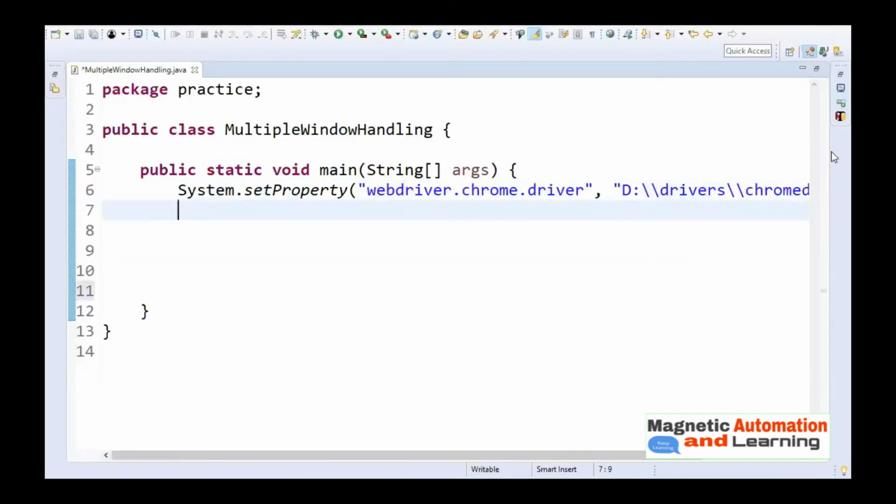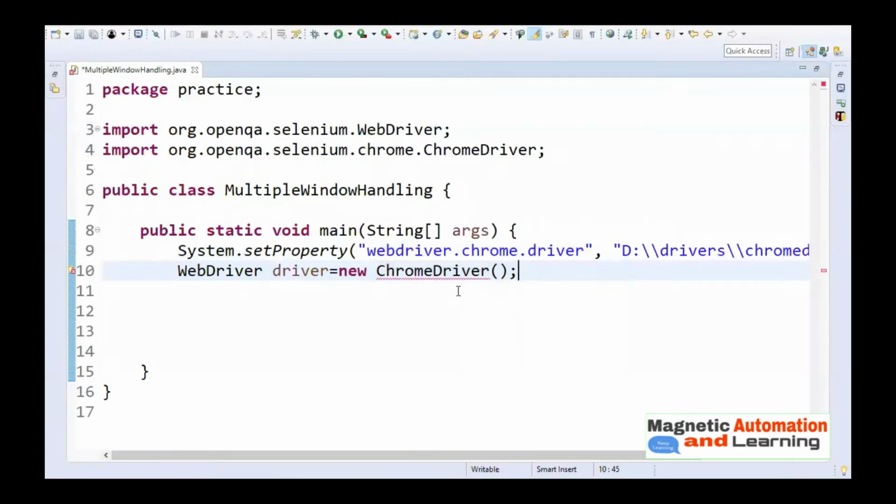We'll pass the reference of the parent, that is WebDriver, driver equals new ChromeDriver, which is a child of WebDriver. We'll import ChromeDriver and WebDriver from the Selenium package one by one.